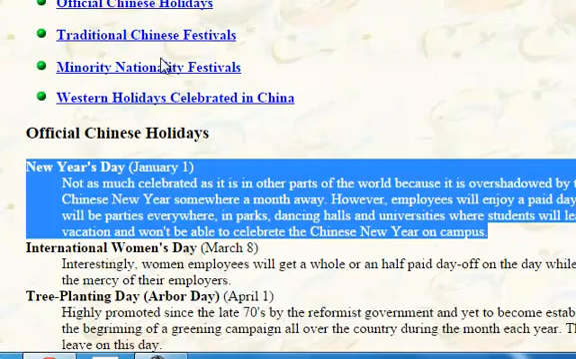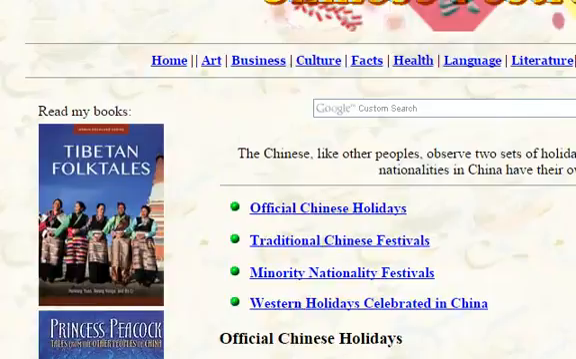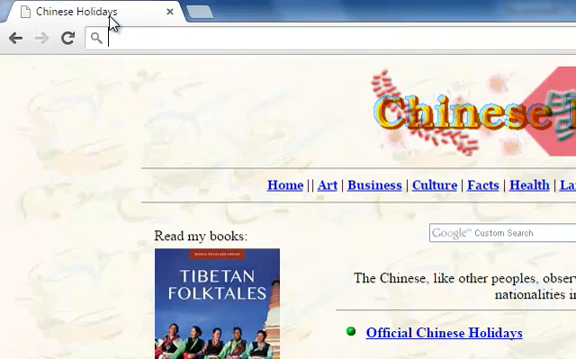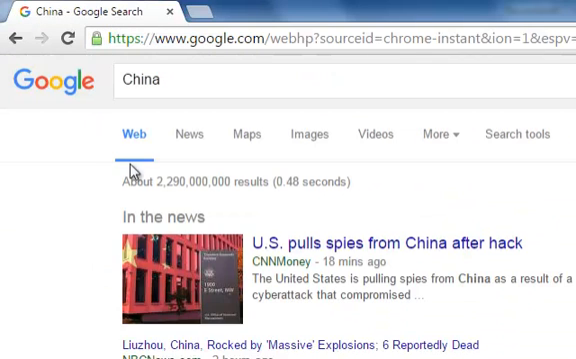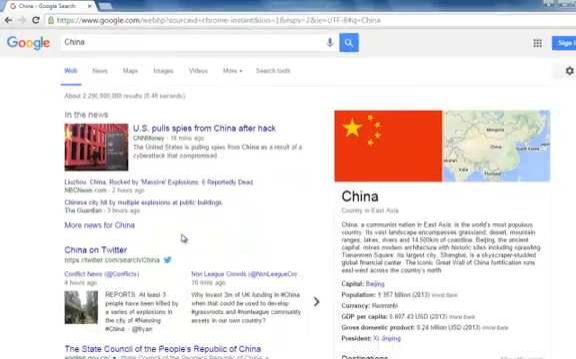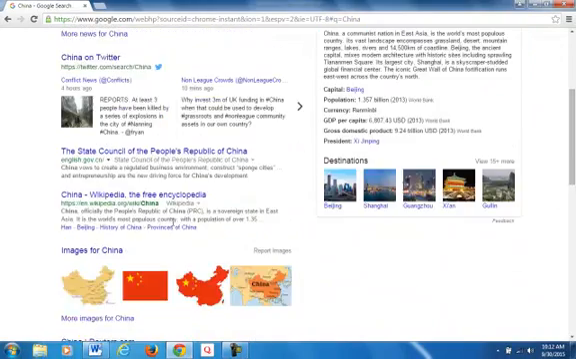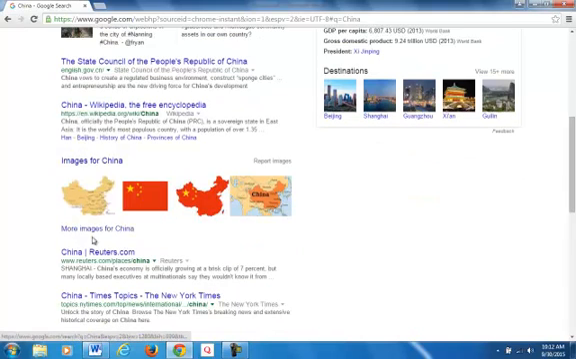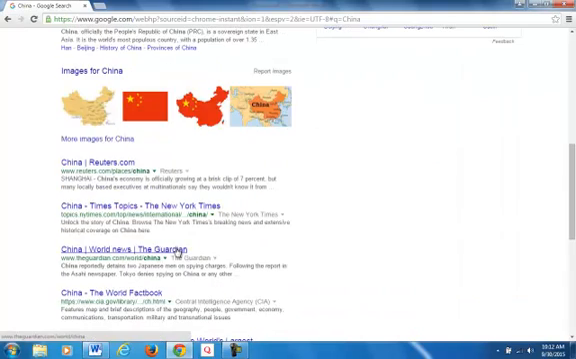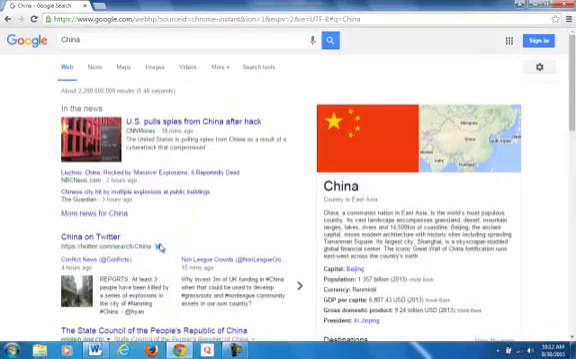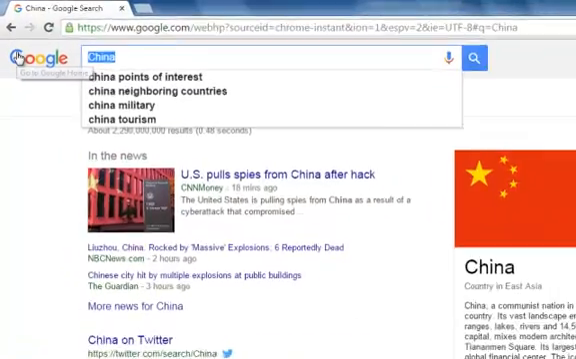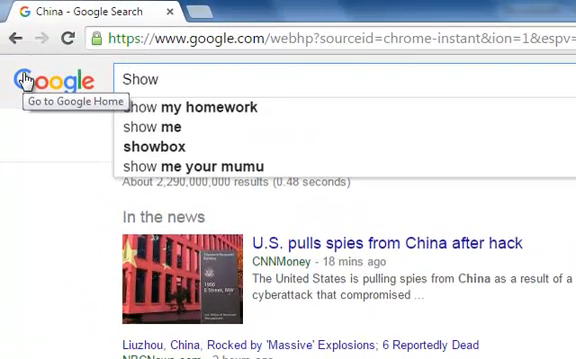But then I'll try another website. I'll just Google China, because I can get more information. And there's images of the Chinese flag. And then there's another